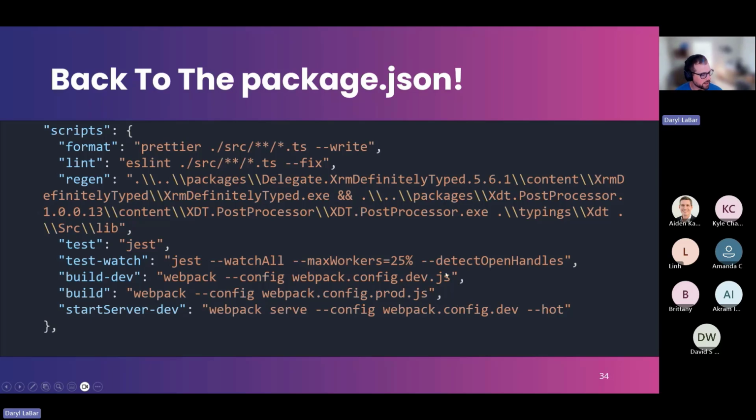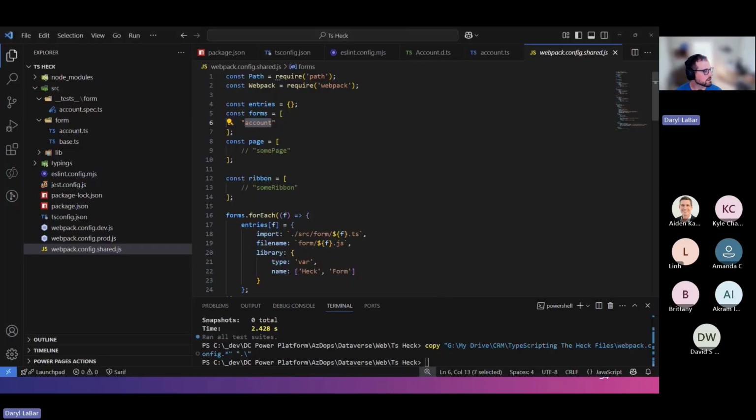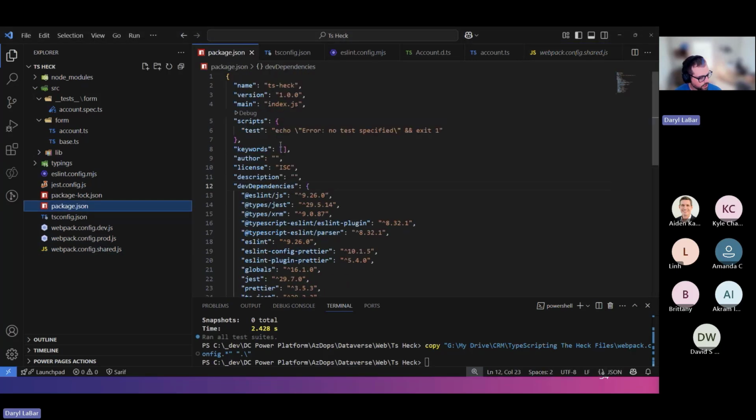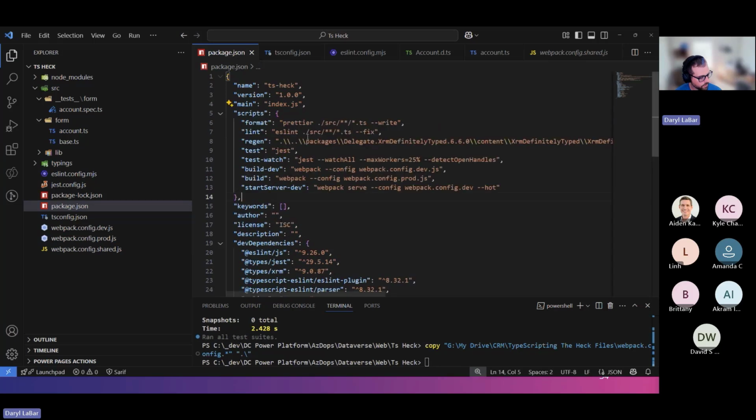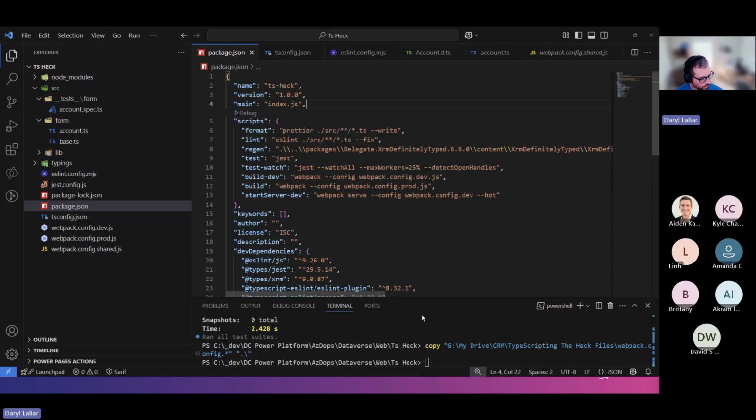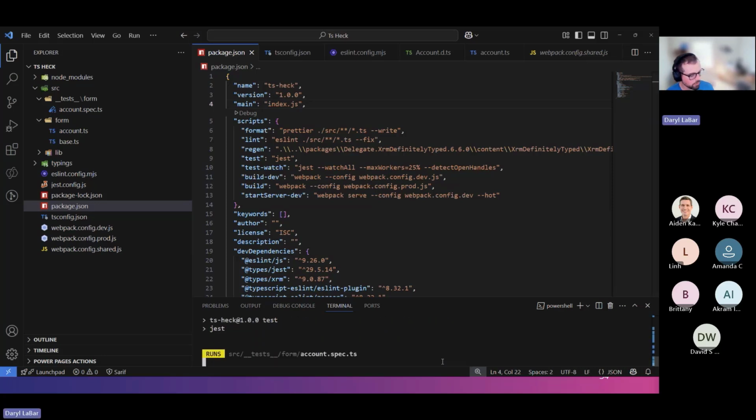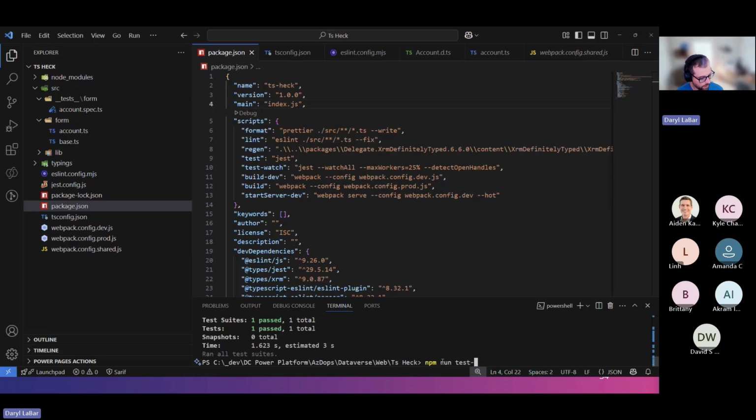So let's go ahead and bring in those script changes here. This goes in your package JSON, scripts. Cool. So now, rather than having to remember all this crazy stuff, you can just do npm run test, and that runs your whole testing library. The cool one is npm run test watch, and that will automatically configure it to check for any changes and